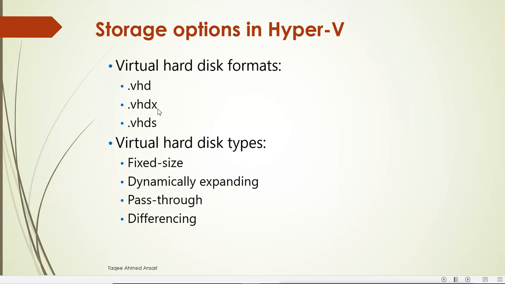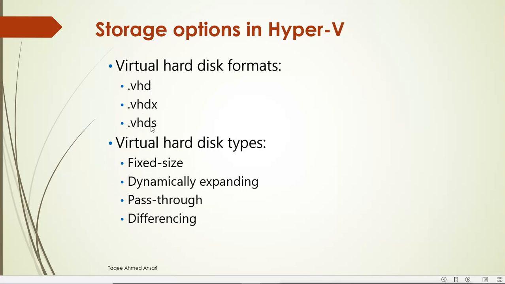Now we have the VHDX format, which is only supported in the latest version because this is the latest extension we have, and it supports a large amount of storage. It supports different features also. So if we create any virtual machine in 2016 server, then it will by default create the virtual disk as a VHDX format, and it will give you the option to create VHDX or VHD. If we create VHDX, that means our machine will only be supported in new versions like 2016. It will not go back to the old versions. It will support under 2016, 2012. It will not support the old versions.